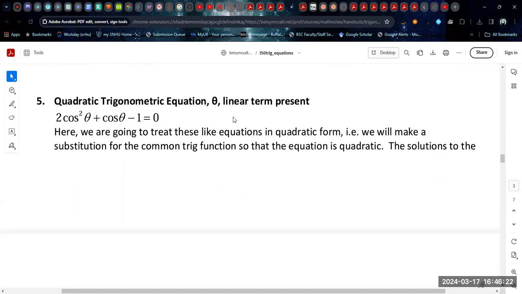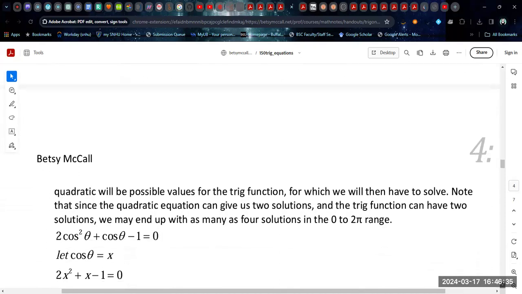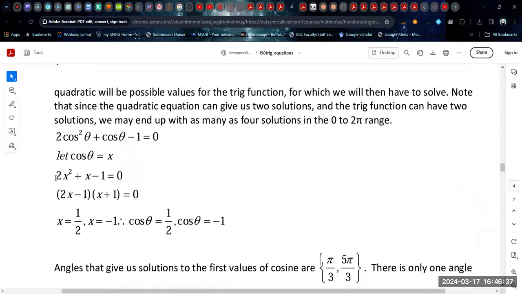Now, if I have a linear term, then again, I'm going to imagine that I'm replacing my trig functions with just an x, like a substitution. And that's going to give me a quadratic equation. So I'm going to end up with an equation. Mentally, I'm thinking 2x squared plus x minus 1. I can factor that, or I can use the quadratic formula if necessary in order to get my possible solutions